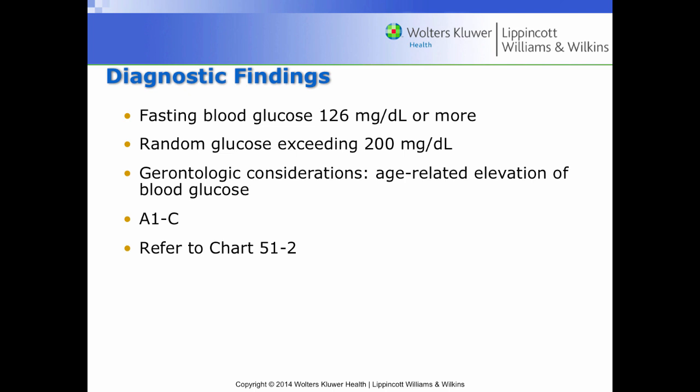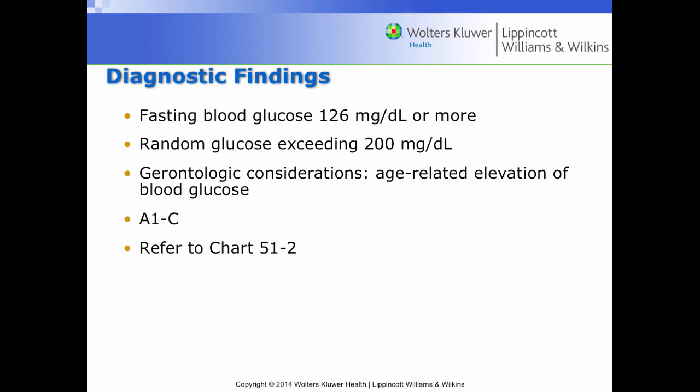Diagnostic tests include, there's two major tests, actually there's three major tests. There's the fasting glucose, the oral glucose tolerance test, and the glycosylated hemoglobin, or the hemoglobin A1C. So fasting blood glucose, a normal fasting glucose, after 12 hours of fasting, is normally between about 80 to 100 milligrams per deciliter. Between 100 and 126 is this pre-diabetic phase, impaired fasting glucose, and then 126 and above is diagnostic for diabetes